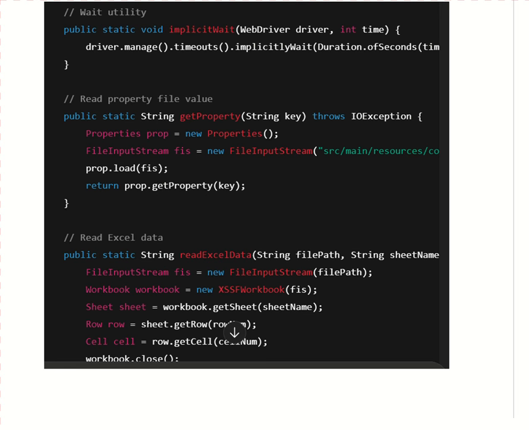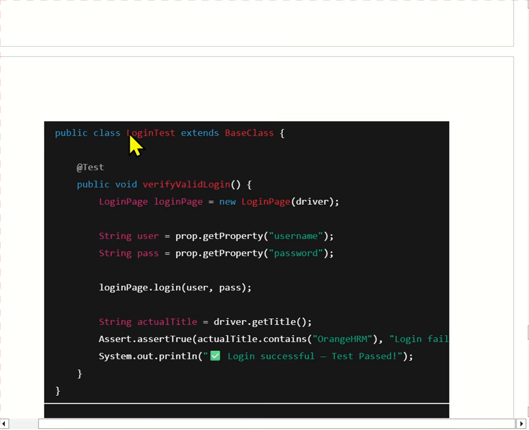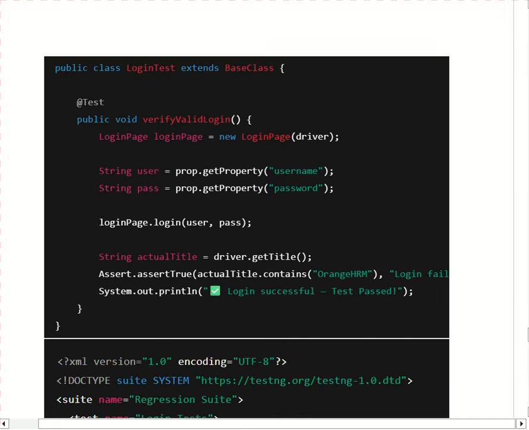Excel file code. Then there is test data. So guys, this is a login test which is extending the base class, and this is the test data. Here we store our input data like config.properties and the Excel file. We use config.properties for the URL, browser name and remaining credentials, and we use the Excel file for test data for multiple test cases. This makes our test cases data driven,